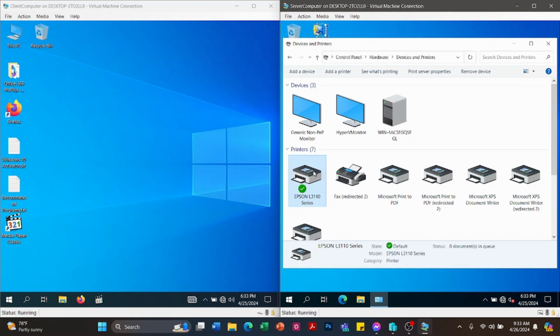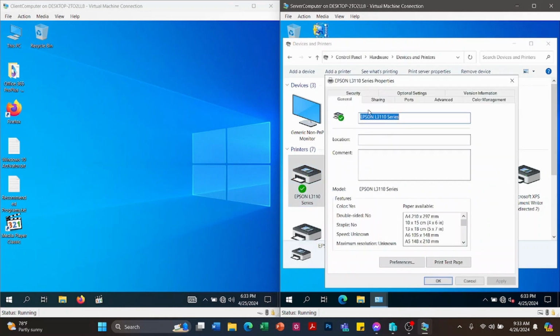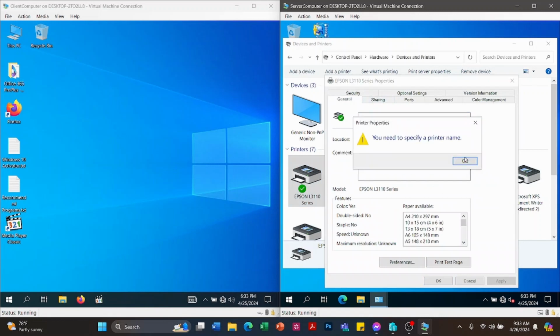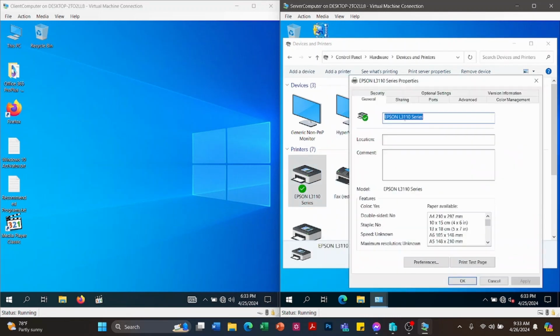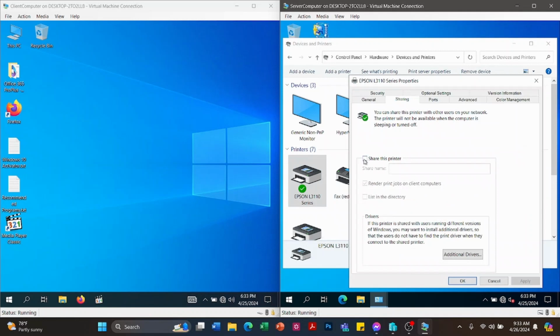Okay, so next one is to share the printer. So right click the Epson printer, then printer properties. Okay, so open the sharing tab, then check share this printer.